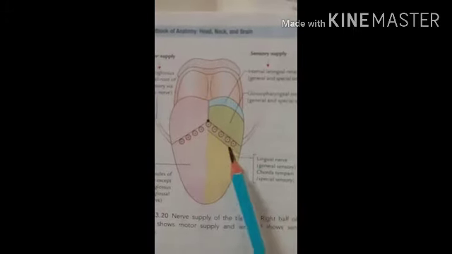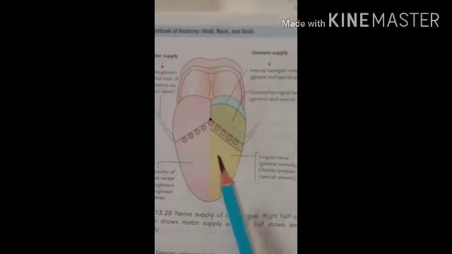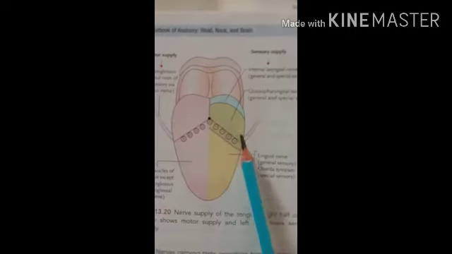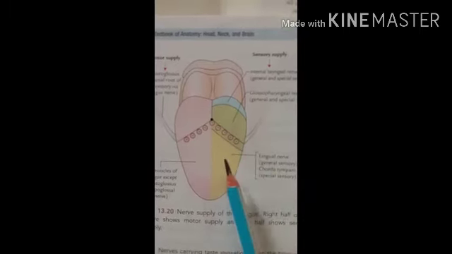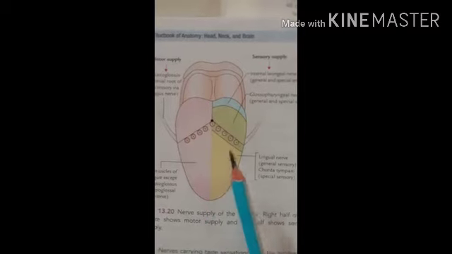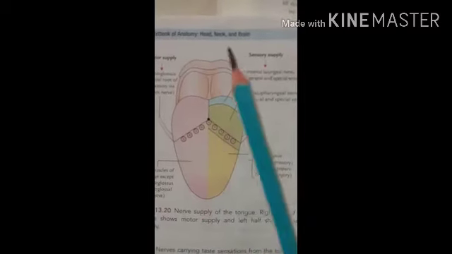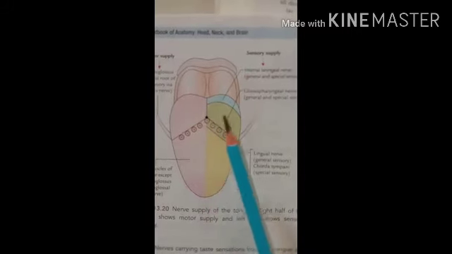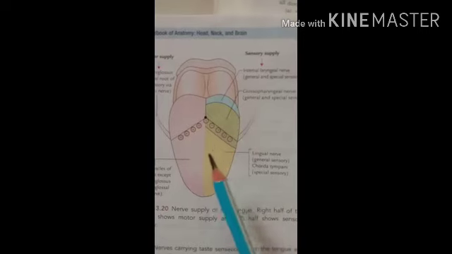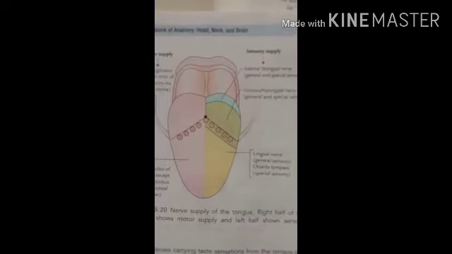Thus, the sensation carried from the anterior 2/3 of the tongue by the lingual nerve is referred to the auriculotemporal nerve, and the patient feels pain in the ear, temporomandibular joint and temporal fossa. On the other hand, if the pain from the lingual nerve is referred to the inferior alveolar nerve, the pain is felt in the lower teeth. So these are some clinical points related to the tongue.